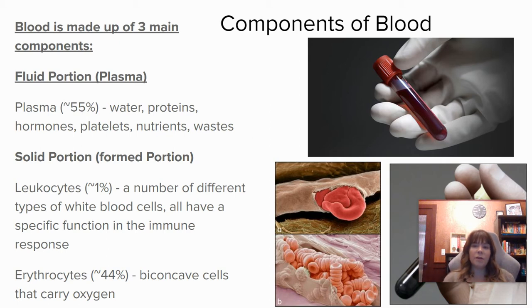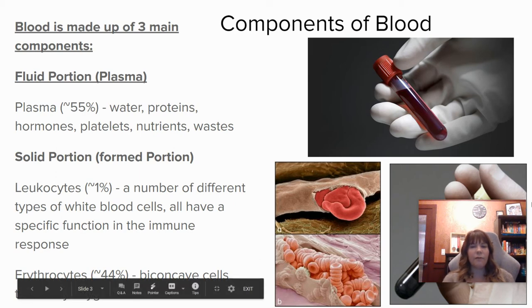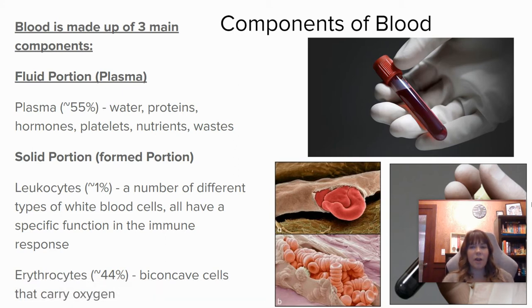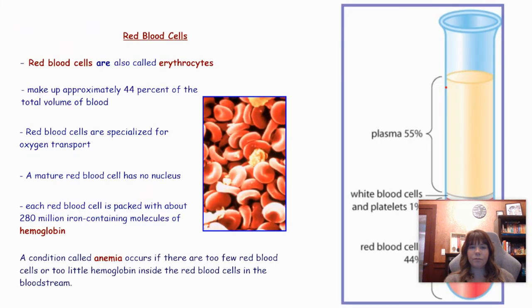Erythrocytes, or red blood cells, are these lovely little biconcave donut-looking structures that have lots of things on them: antigens that attach to antibodies, hemoglobin components, which carry oxygen, as well as Rh factors attached to them. At this point, everything in your notes is found in the teacher notes, except for